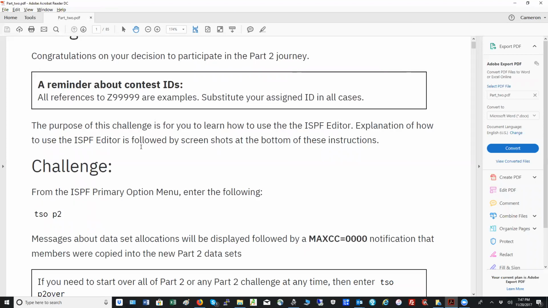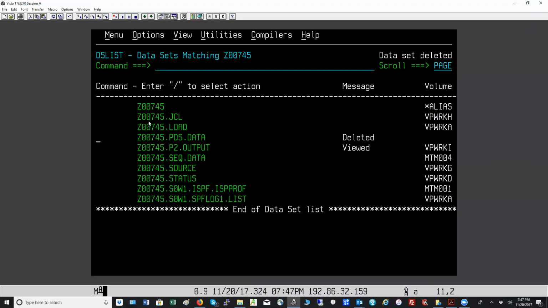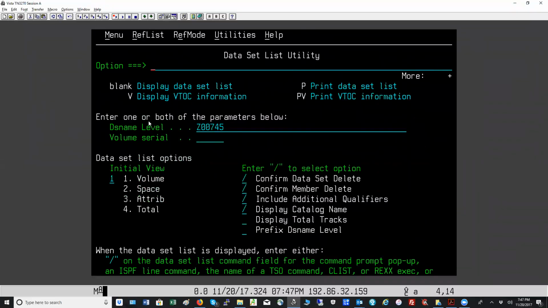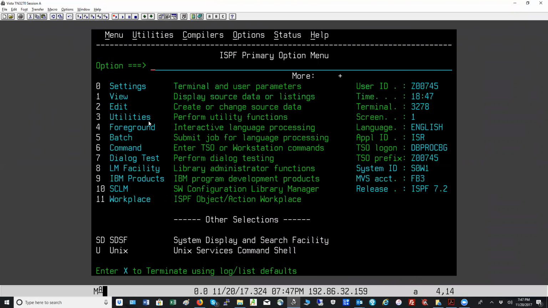TSO is the native interface to the mainframe without using ISPF. ISPF is an editor, and it just sits on top of TSO. It helps you edit, and it's an interface also, but it's an editor. So we're going to say TSO P2, from the primary screen menu. I think you can probably put that anywhere, but let's do it where they say to. So I'm going to put TSO P2,